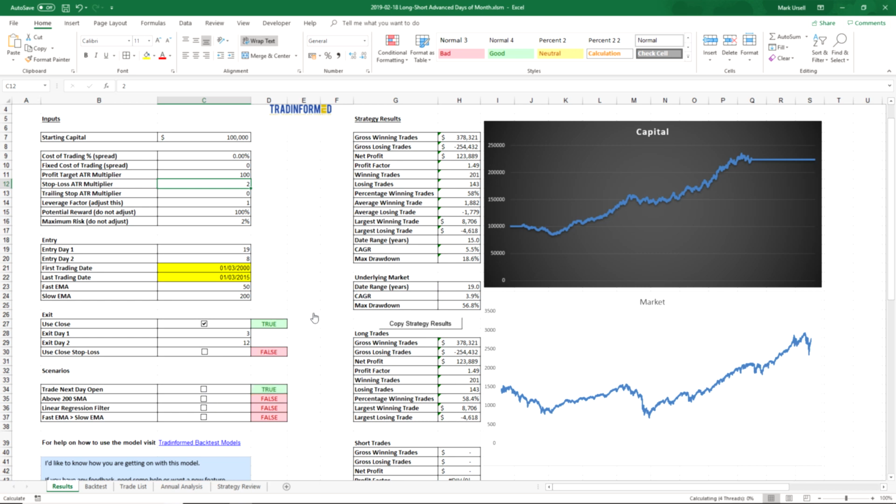Let's check the right one. We can have a look at what this strategy would look like if, instead of trading the close, we trade the following open. And we see we're not making a lot of difference to the strategy. Let's be fair and set that back to 100 here. We're not making a lot of difference whether we switch this on or off. In fact, we can see a very small increase in net profit, but probably nothing significant at all. So this strategy can work equally well trading the close or the open, which is a useful feature for some